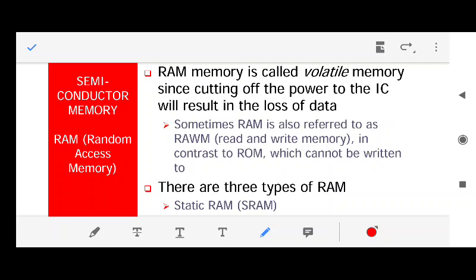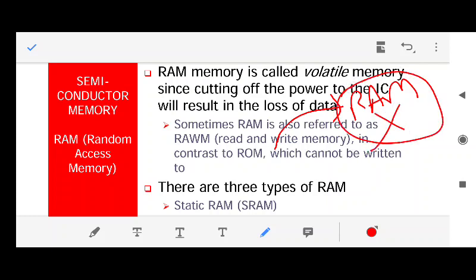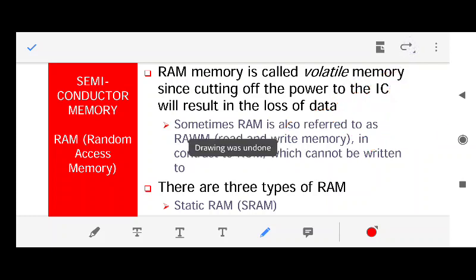I'll take the example of your mobile phones. In your mobile phones, is your RAM volatile or non-volatile? It's volatile, because when you shut down your phone and turn it on again, it takes some time to start. It takes that time to load data into the RAM. Whenever you power off the memory, the RAM is erased. So you are using volatile RAM.